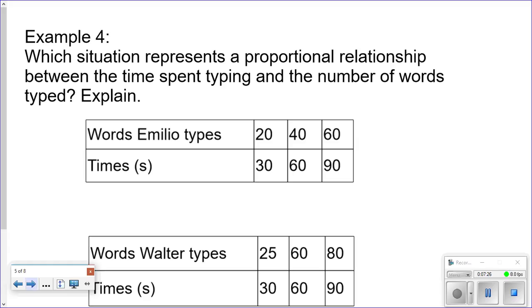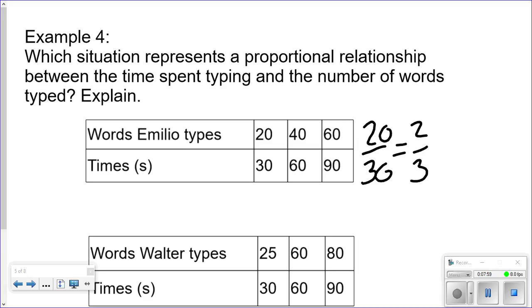For example 4, they're going to give us 2 different situations, and we need to find which situation is going to be the proportional relationship. So if we look at the charts, we have Emilio who types 20 words in 30 seconds. We're going to go ahead and start finding the unit rate. So if we have 20 over 30, and we were to simplify, we'd divide by 10, and that gets you